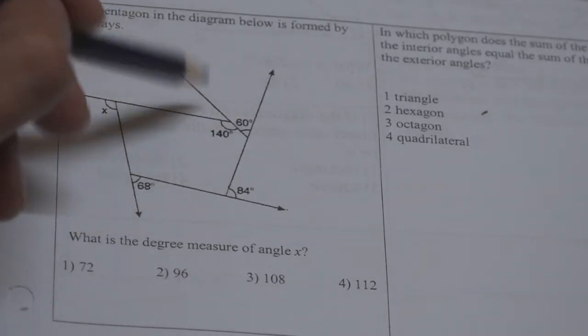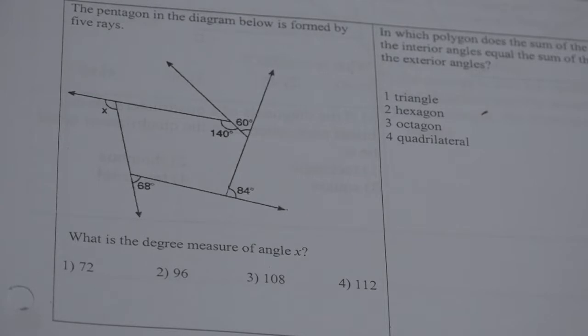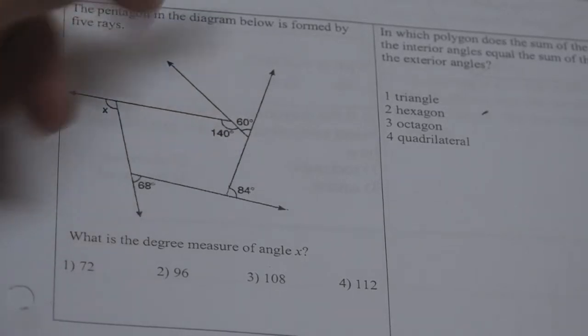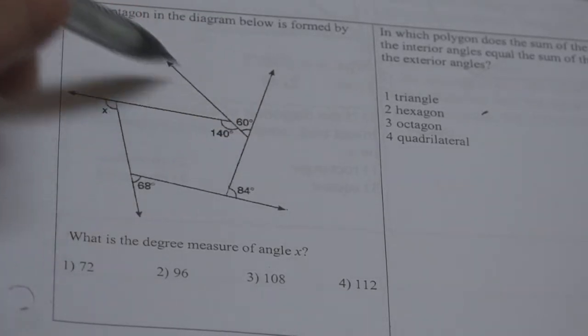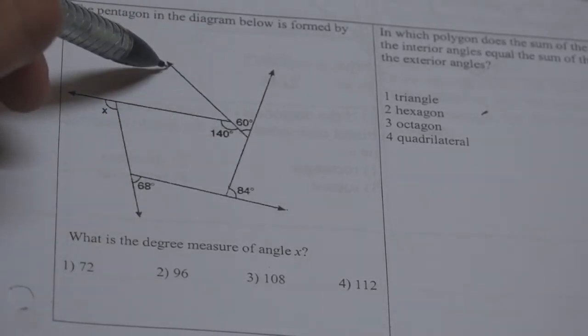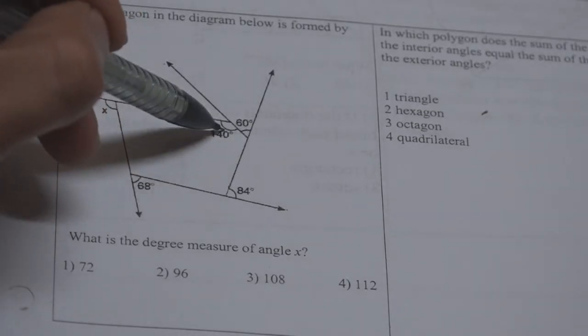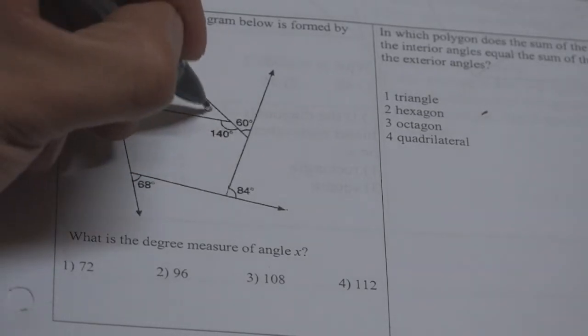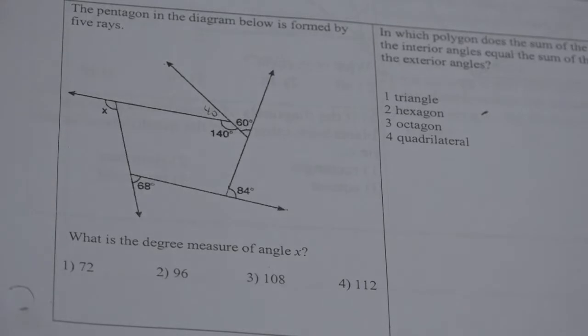I need to know what this exterior angle is, which I already know because we did this problem before. This is a straight line, well, a ray, of course, because it only has one arrowhead. But this interior angle is 140, so this exterior angle is 40. Okay, cool. And now I just add them all up. And the answer would be,